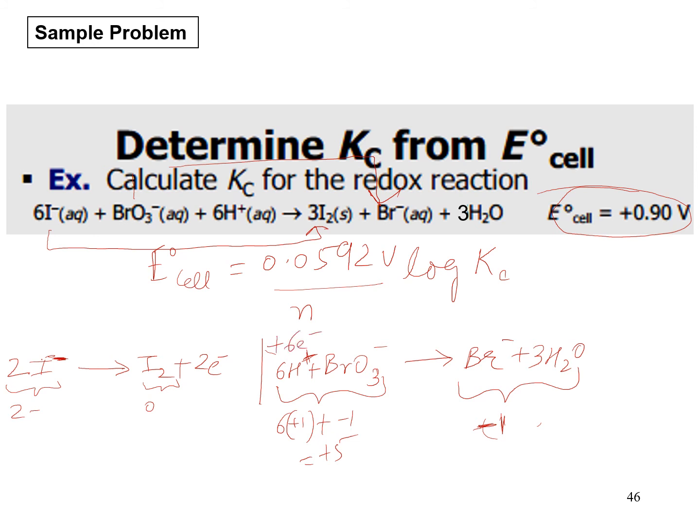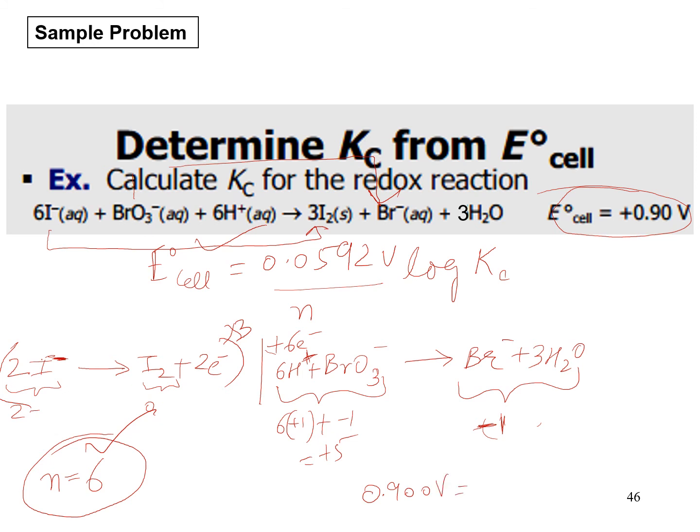so it would be plus 6 electrons on the reactant side for this. So now if I have 6 electrons here and 2 electrons here, to balance out the total number of electrons, I'll have to multiply this reaction by 3, and that would give me a total number of 6 electrons for both of those, which means what is my N? N here is 6. So that's how I solve for N. Now I have N, I have E. I'll solve for Kc. If I plug in the value right here, E is